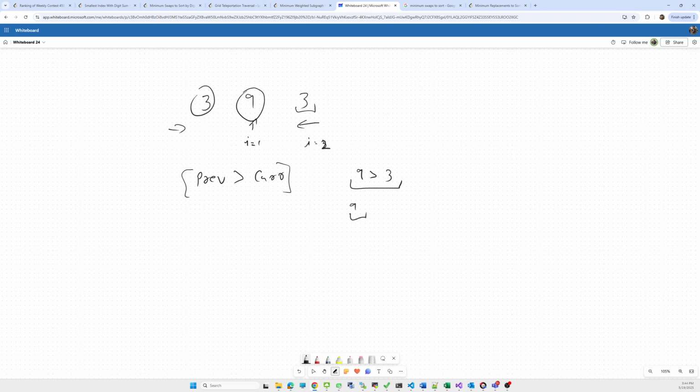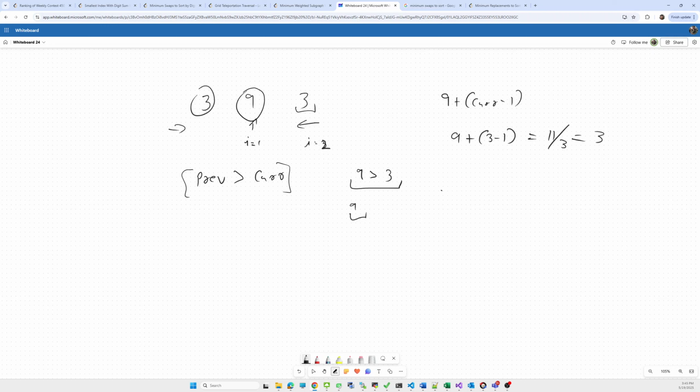We add the current element to the previous one minus 1, so 9 plus 3 minus 1, which is 11. If we divide by 3, the result is 3. So we can split that previous element into three parts.